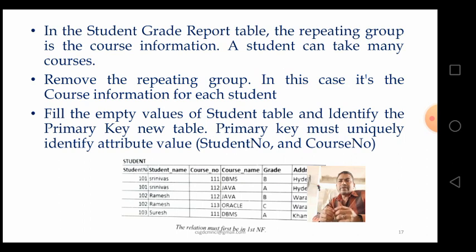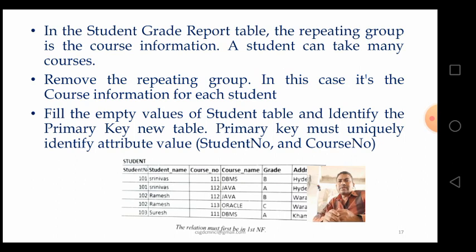Fill the empty values of the student table and identify the primary key in the new table. The primary key must uniquely identify attribute values, that is student number and course number.